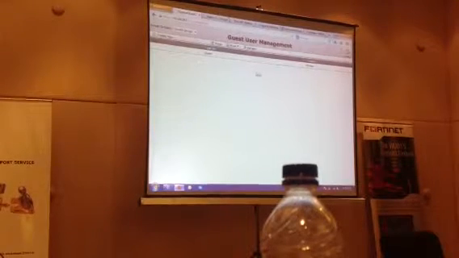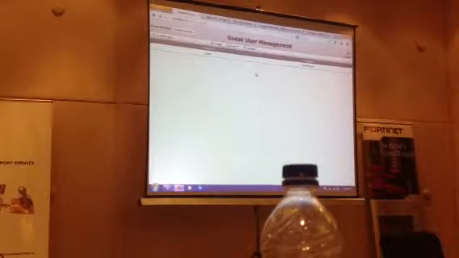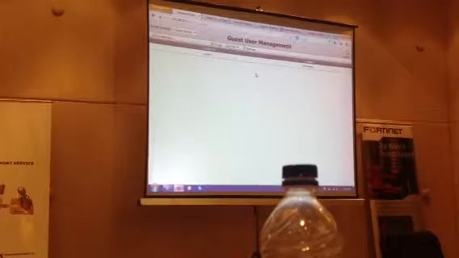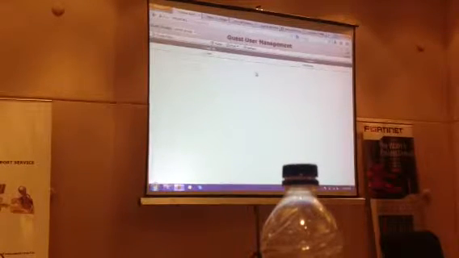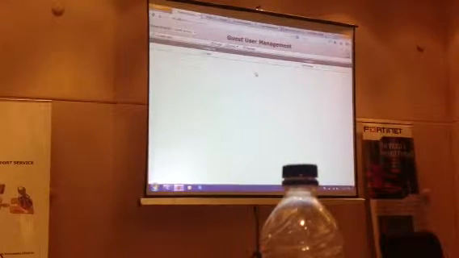In Checkpoint, for accessing the firewall, we have the application. So you can log in directly with the Checkpoint application only, instead of depending on the browser. It's actually a good one, but if you look at how many administrators there will be, maybe one or two managing the firewall.